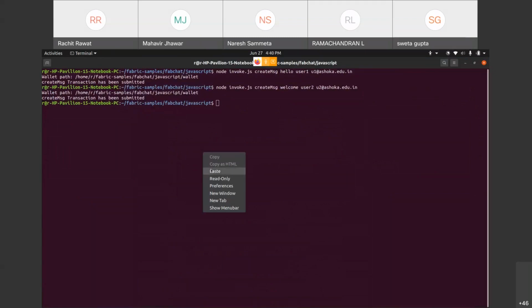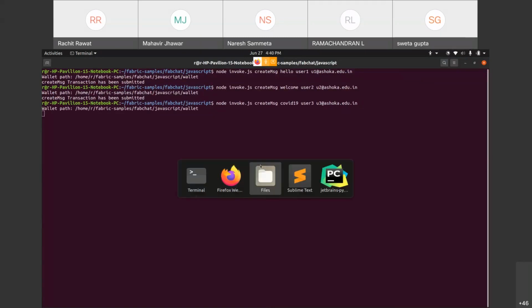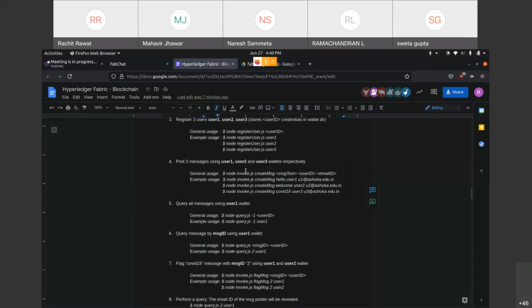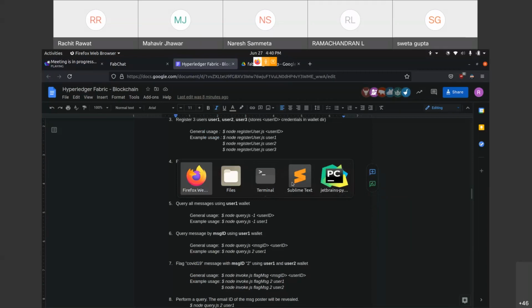Is this configuration common to all the applications? Sorry. This configuration is common to all the applications? Which configuration? For example, if I need 5 orders, not the users, and then PS, if I want to increase the peers for certain applications. Because as of now you're showing for FabCar. I mean, you mean to say that you want to change these arguments into whatever you like? No, not like that. Some other application. Instead of FabCar, if I want to go for another application.